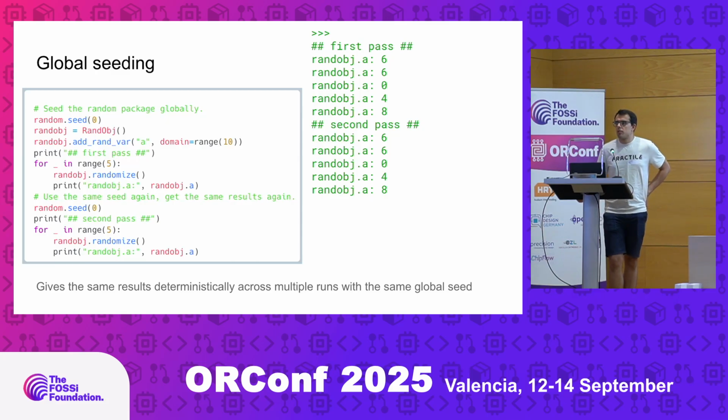So there's two different ways of seeding. You can either globally seed, so it uses the Python random package under the hood. If you just seed the global package, then you'll get determinism as long as you are addressing the same problem, so that either in one program or multiple runs of the same program, the seed will give you deterministic